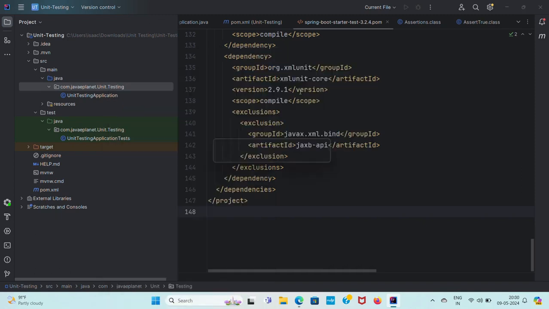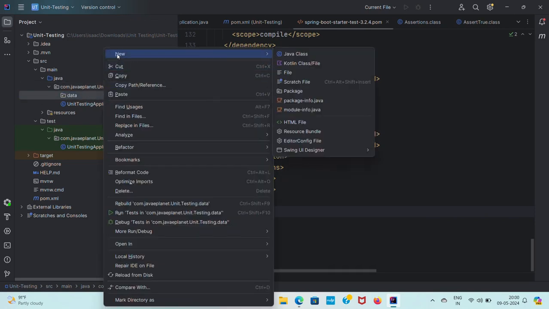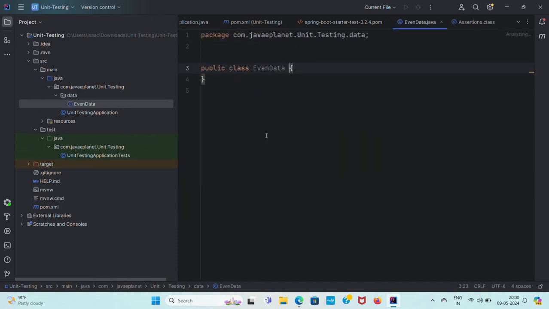I'm creating a new package called data. Inside the data package, I'm creating one Java class named EventData. Let me create one method that returns a boolean value, testEvent, that takes an